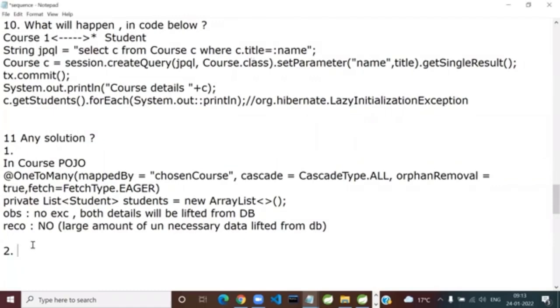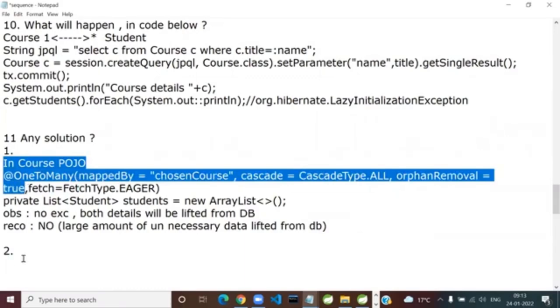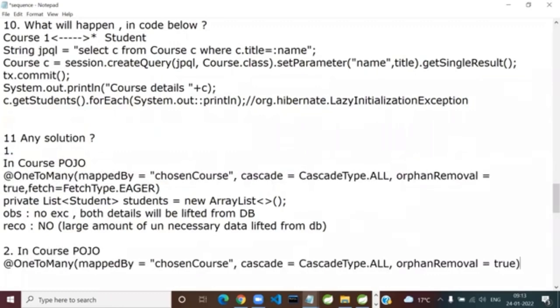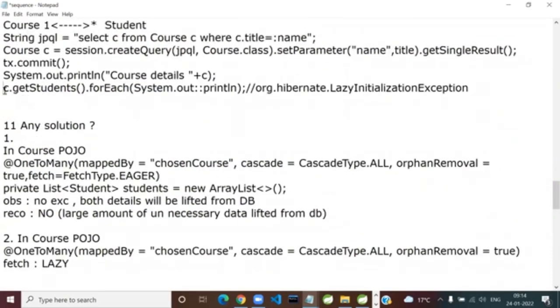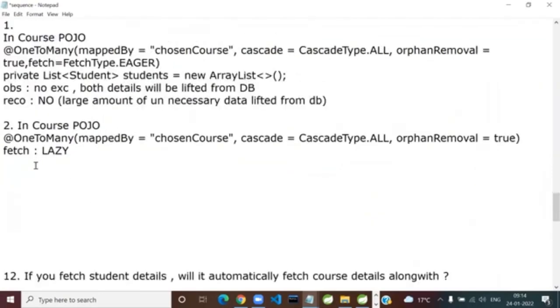Yes. Now I'm coming to the second solution. So now again, what is it we are going back to? We are going back to this. So what is the default fetch type? So here fetch type is again lazy. But the whole problem was coming because you are trying to access this unfetched data outside the session. So what is the solution? Simply access. Do I have to access the entire collection or simply access the size of it? So I'll say simply access the size of the collection. Which collection? The student collection.